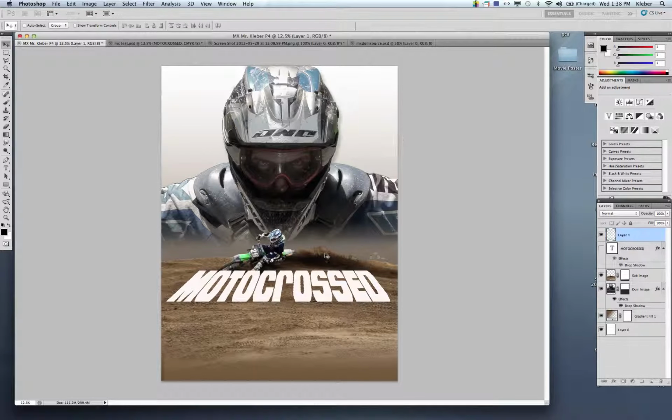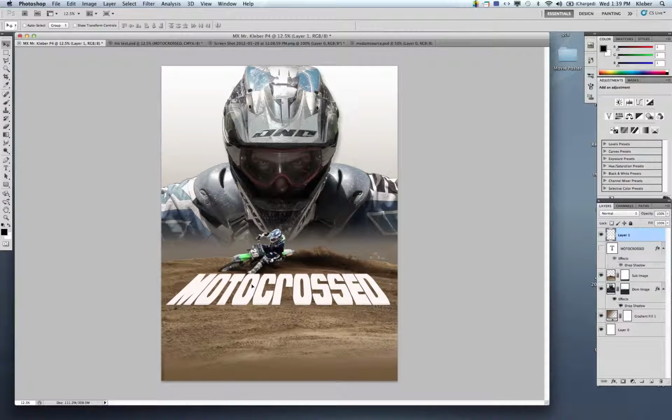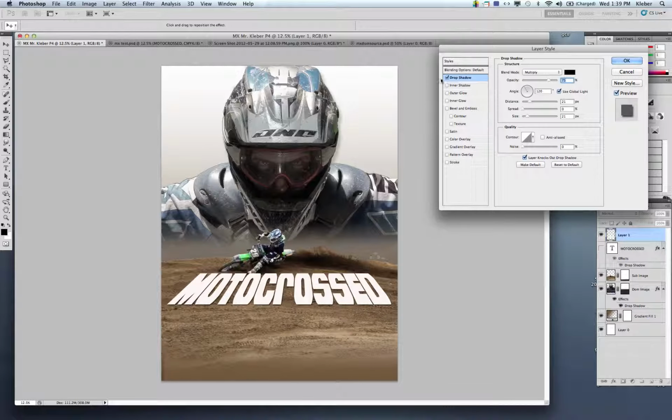I'm going to apply that, and we can do a little trickery to it to make it look like it's floating. First thing we're going to do is add that drop shadow back in. I'm going to use the arrow tools to center it. So I have this layer selected. I'm going to drop shadow it. Again, I want that distance to look like it's floating a couple feet off the ground. I'll probably go about